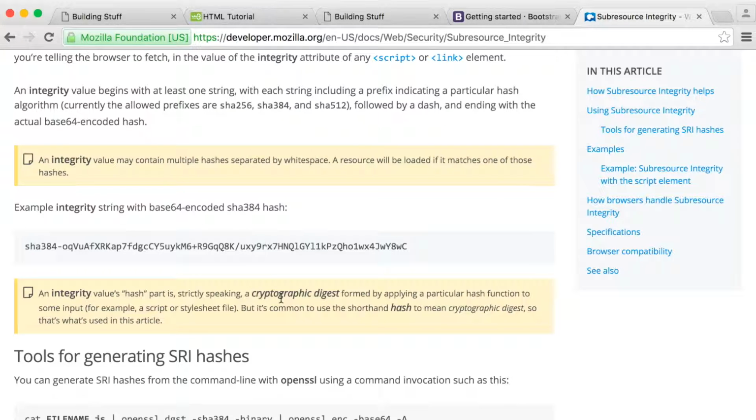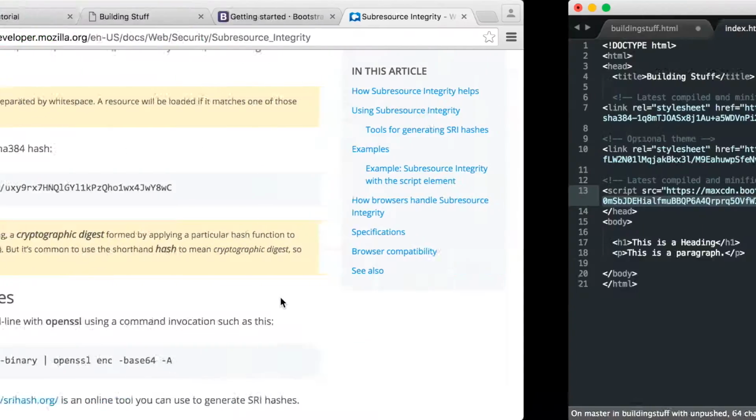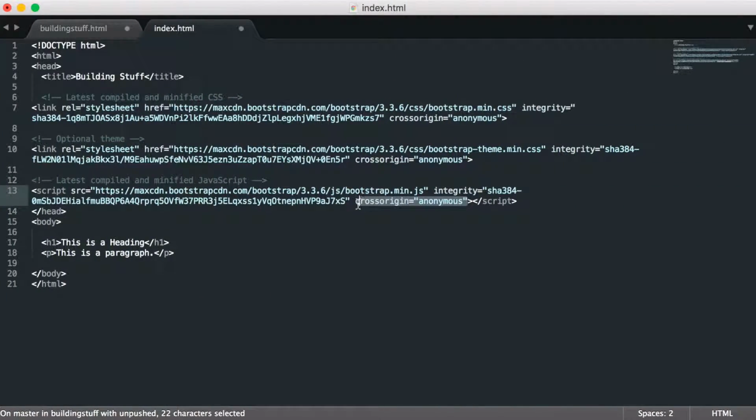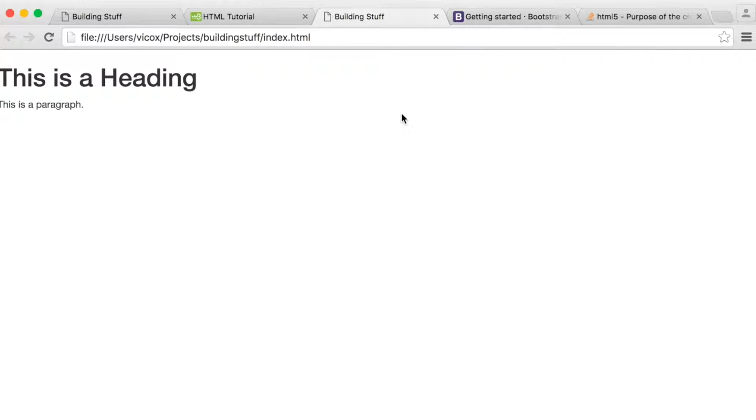A resource will be loaded if it matches one of those hashes. Okay. And I guess it won't be loaded if it doesn't match the hash. Okay, and cross-origin anonymous. The cross-origin attribute is a CORS settings attribute. It controls for scripts that are obtained from other origins whether error information will be exposed. Okay, so